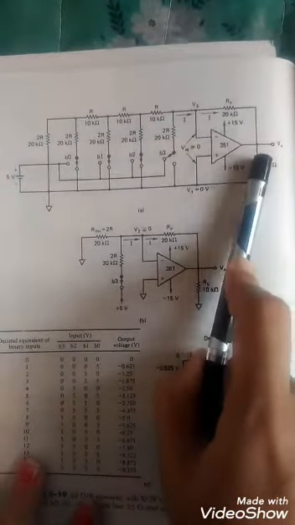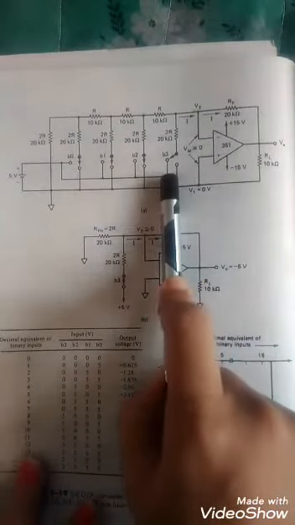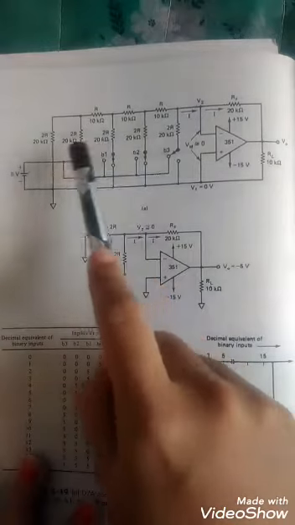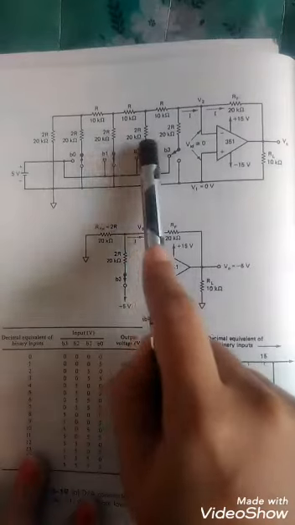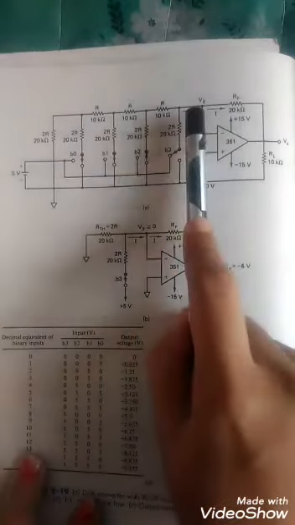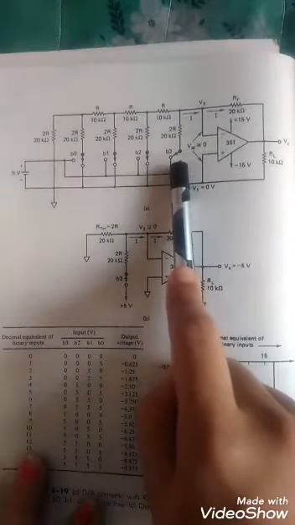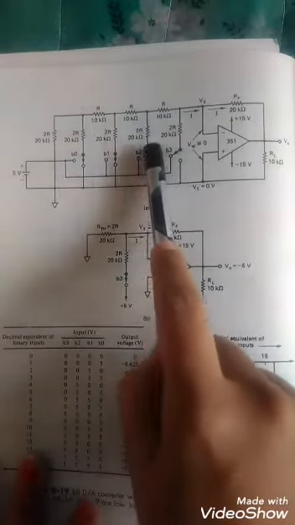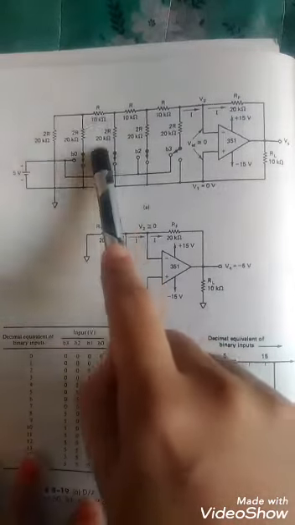What will we get then? If we connect only B3 to high, to the 5 volts, then the remaining part is connected to 0. Then the network of R and 2R resistors can be converted into a Thevenin equivalent resistor value. Only this part is required for us, since only this one will change as we connect 5 volts to B3. We can reduce the whole network of resistors and take the Thevenin equivalent resistor value of this.